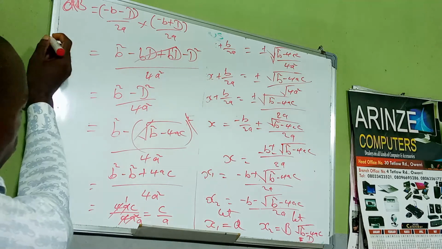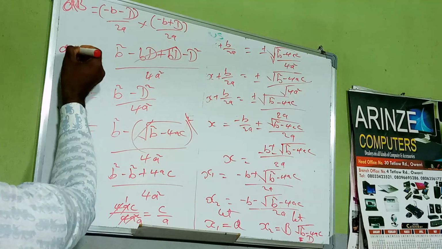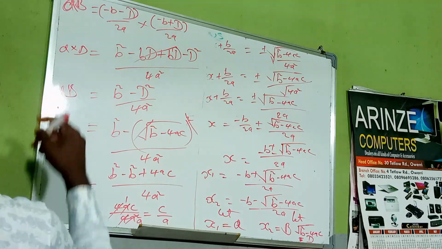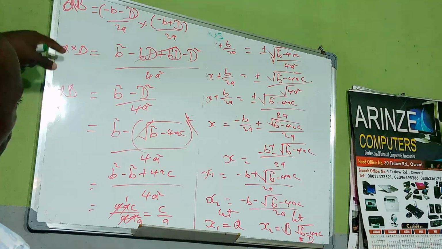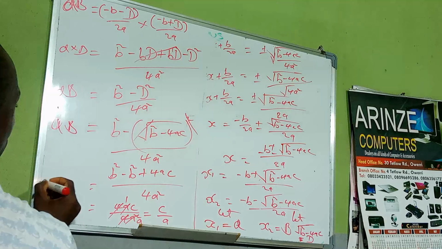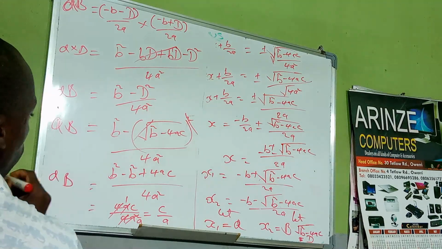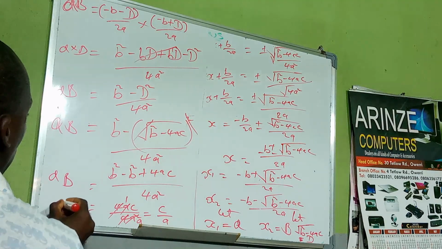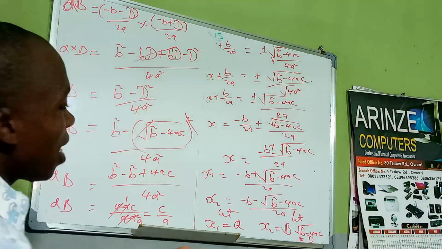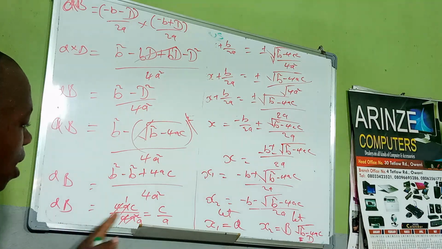So I have that alpha times beta, or alpha beta, is the same thing. So finally we have tried to prove that alpha beta is equal to